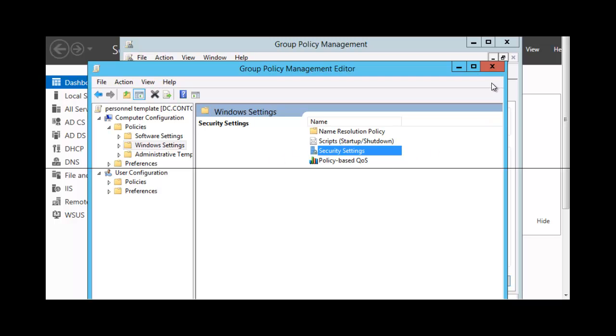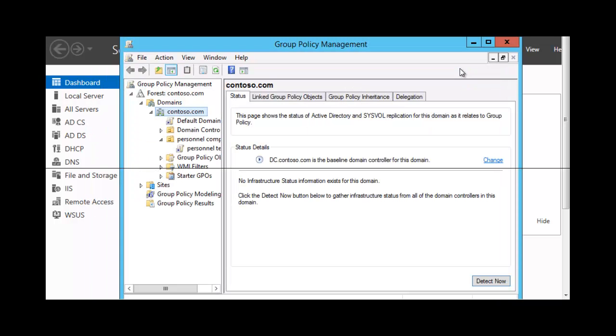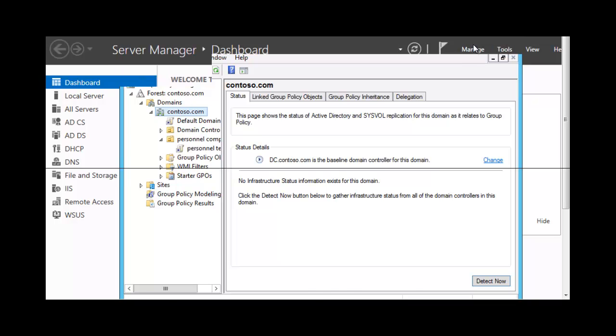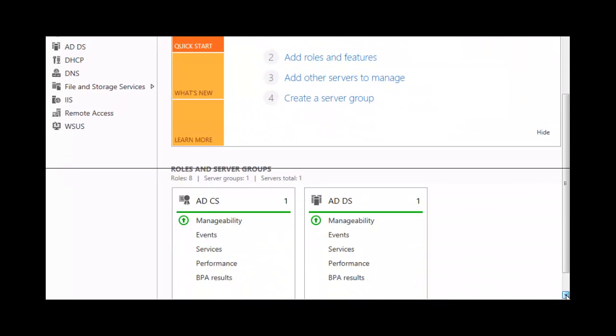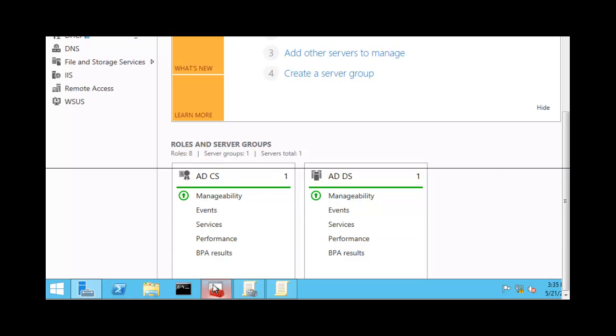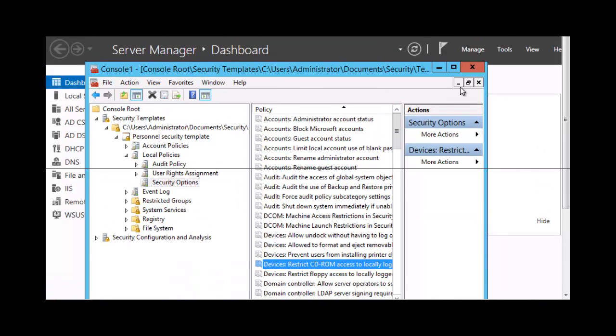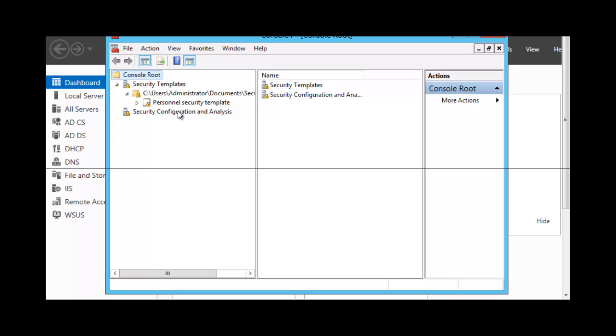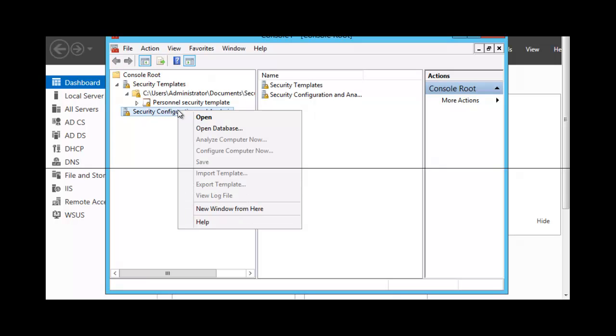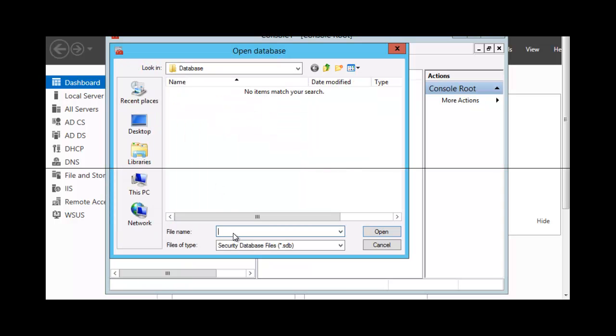Now let's take a look at the security configuration and analysis that we had within the MMC. Remember we said that we're going to use that one for configuring just one computer. We're going to right-click on Security Configuration and Analysis, and we're going to say Open Database, and we're going to type the name of a database. Let's call it Data, and this is where the security templates will be stored. So click on Open,